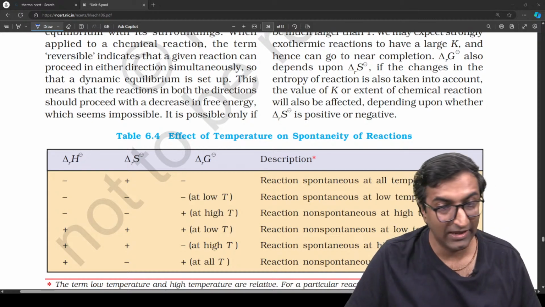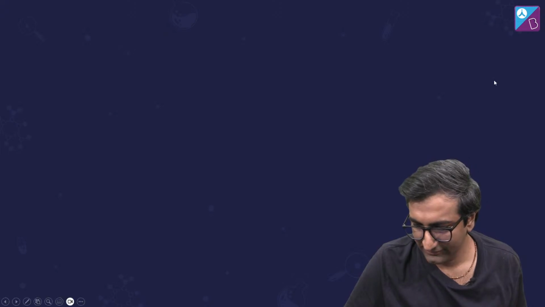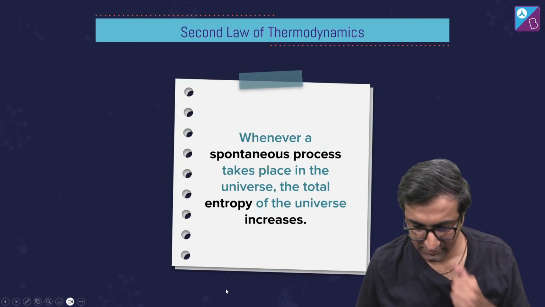अब हम लोग बात करेंगे Gibbs free energy के बारे में. मेरी स्क्रीन दिख रही है ना? Second law of thermodynamics. This is what we're going to talk about next, ठीक है।